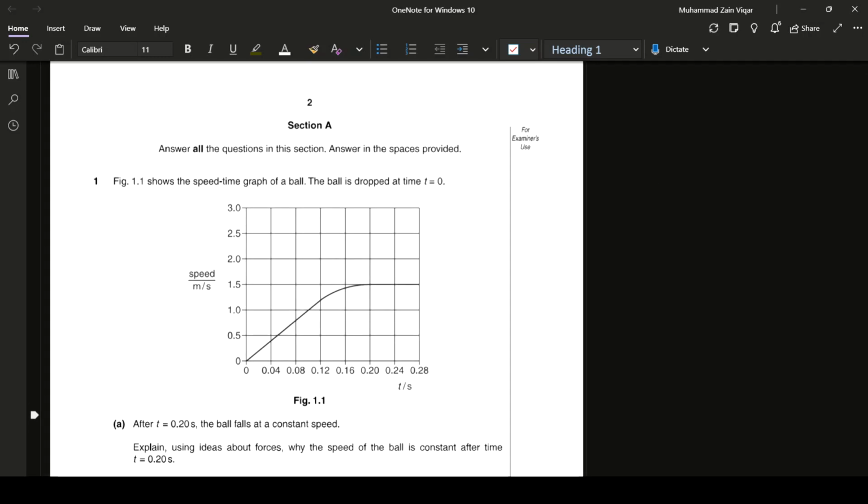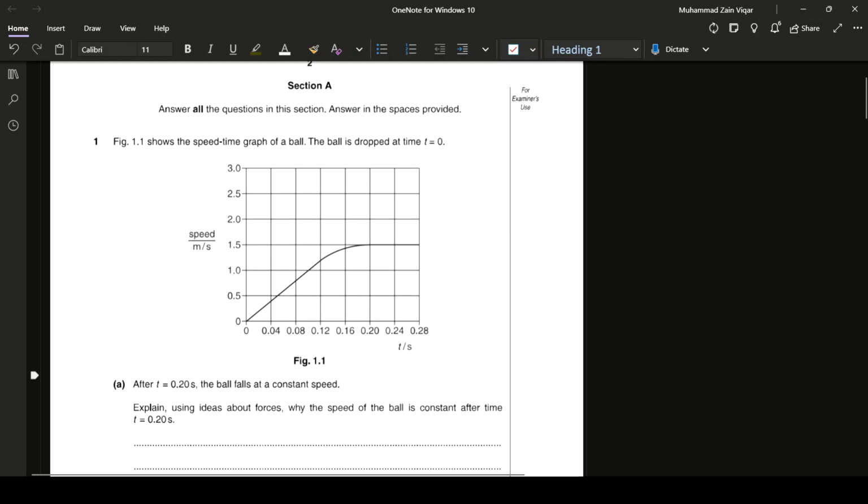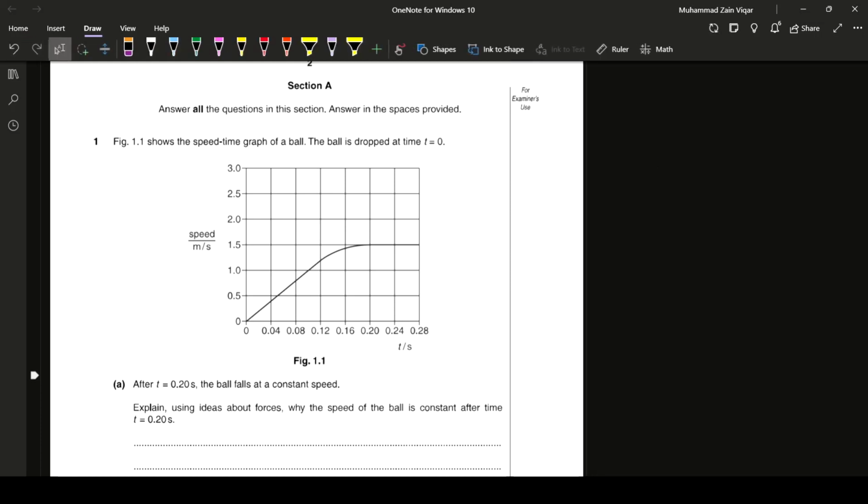So, in this class, we'll be solving a past paper question related to the topic of kinematics, which includes graphs. As we see in the question, there's a speed-time graph they've shown to us. And if we closely analyze the graph, we see that it is divided into